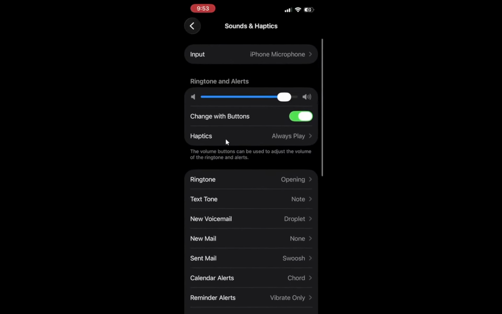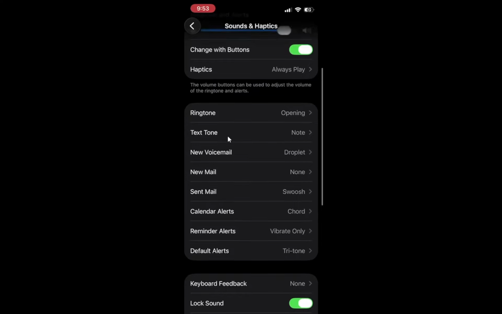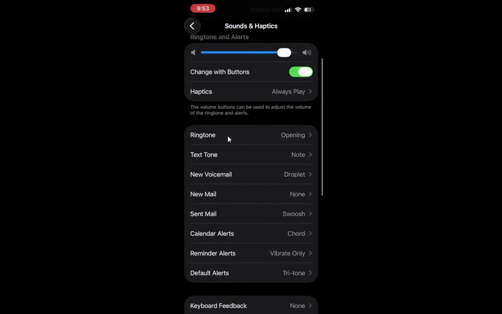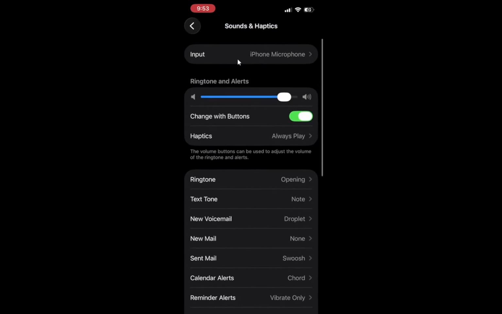Next, open Control Center and make sure the volume slider is turned up. On most iPhones, you swipe down from the top right corner to open it. The volume slider shows a speaker icon. Drag that slider upward. If you play music or a video right after this, you should hear the volume change